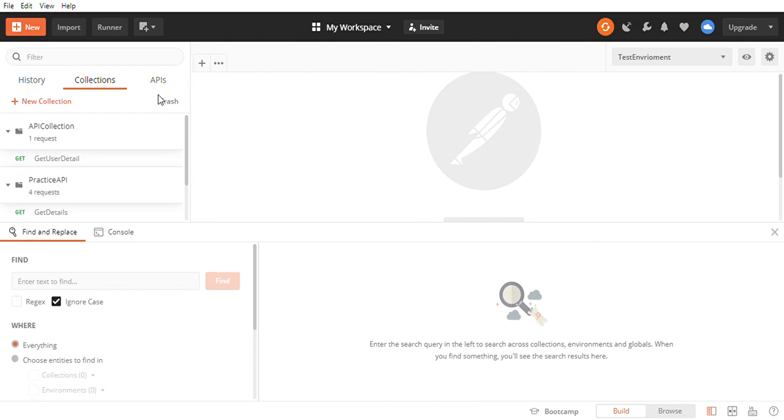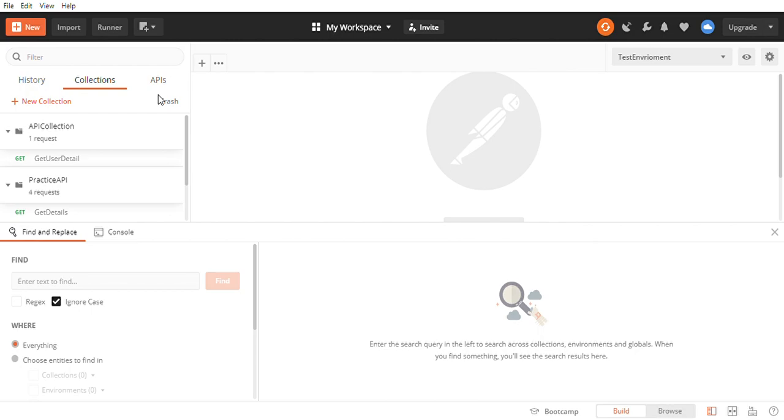So what we can do is take one variable, or one parameter, and pass that parameter in a request. In data parameterization, we just need to define the parameter and the parameter value, and we can pass that same parameter in different requests.